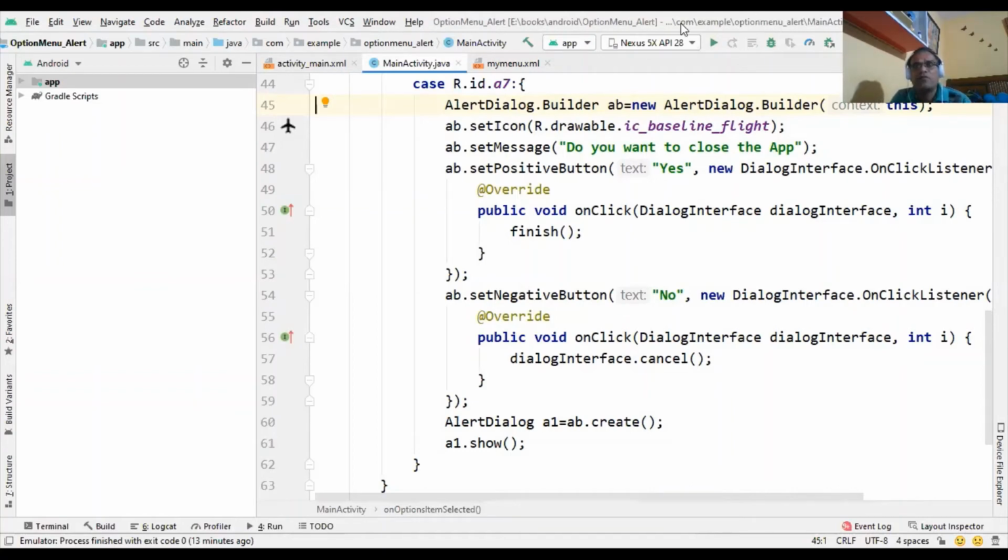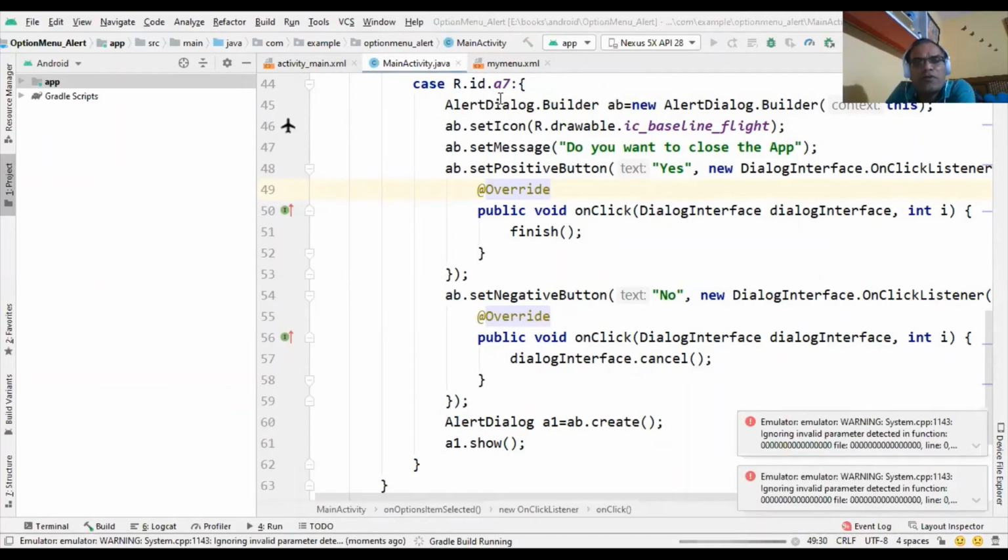So now I will show with the execution. I hope you understand what we have to do in this application. Now we add one more option, a close option in the menu, and we use one very important method, onOptionsItemSelected.